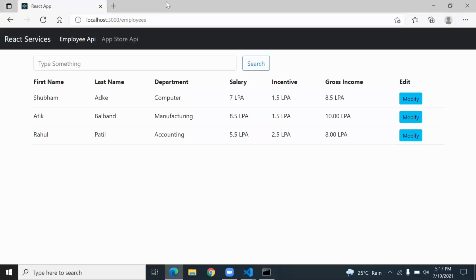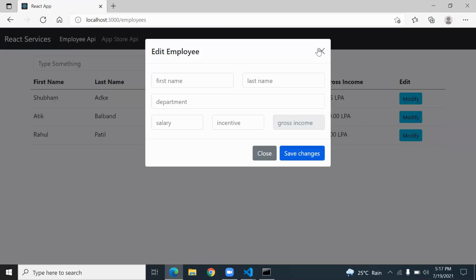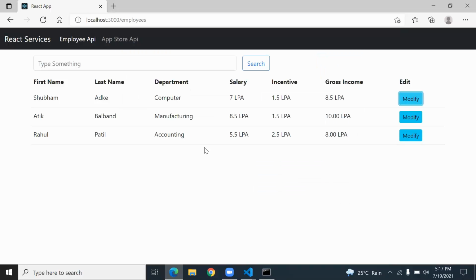I welcome you to this React.js project, and today we are going to start the remaining pending work. This project I want to complete with searching, then update, delete, and save operations. So I want to create a record of an employee, a post request of this application. Here we have only three records and I want to add some more. To add a record, I create one more button here, and let's go for it.